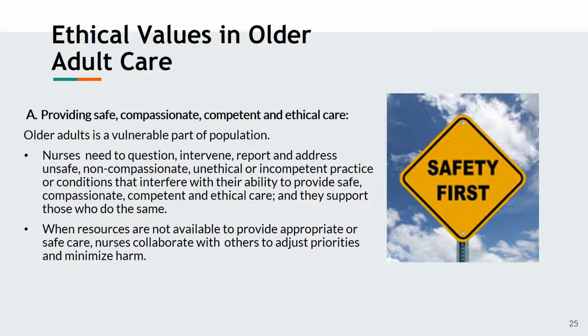By providing safe, compassionate, competent, and ethical care in older adult care, nurses need to question, intervene, report, and address unsafe, non-compassionate, unethical, or incompetent practice or conditions that interfere with their ability to provide safe, compassionate, competent, and ethical care, and they support those who do the same. When resources are not available to provide appropriate or safe care, nurses collaborate with others to adjust priorities and minimize